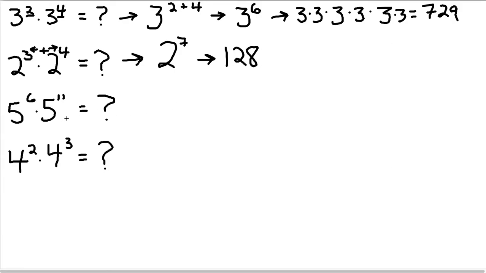Okay, I'm going to fly through these other two, because hopefully by now you've got an idea of the way the process works. 5 to the 6th times 5 to the 11th. We simply have 11 plus 6, which is 17. That gives us 5 to the 17th,